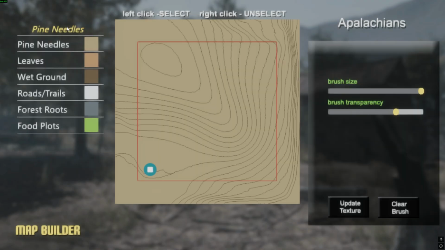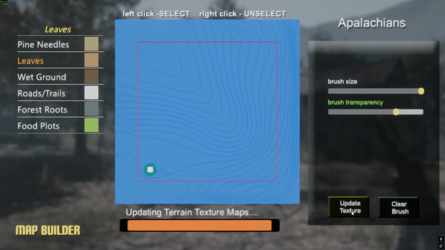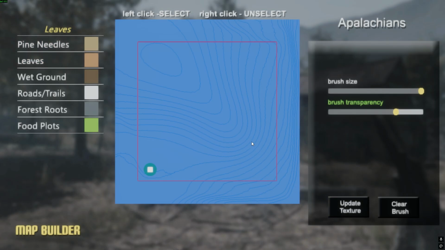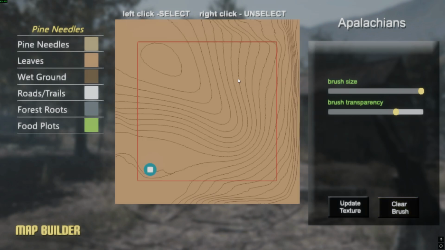Now we're going to go back to terrain texture. You start out, it's all pine needles. We're going to go to leaves. I'm actually going to make most of it leaves. So we're going to highlight it after I select leaves, highlight it all, update the texture, oops, and clear the brush, and now